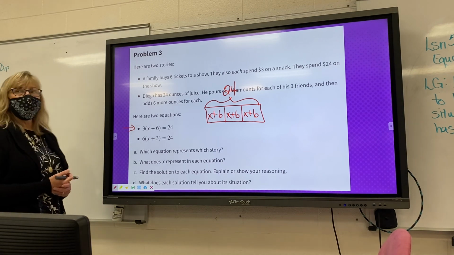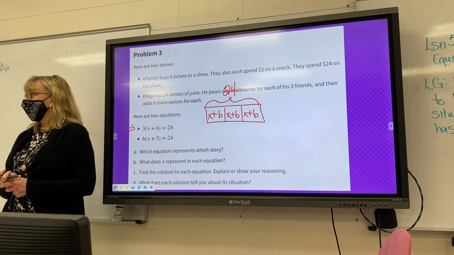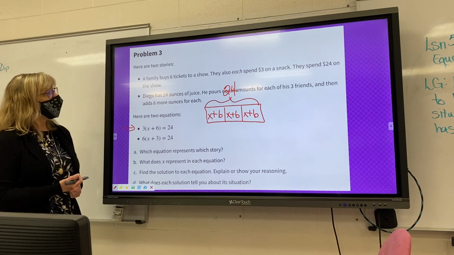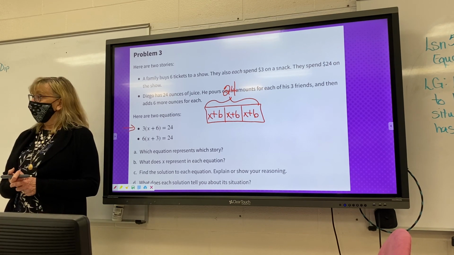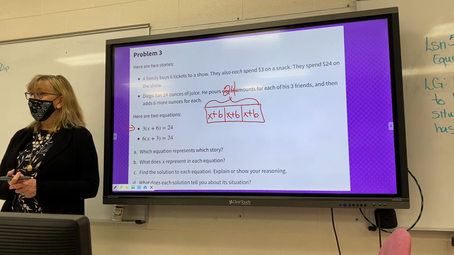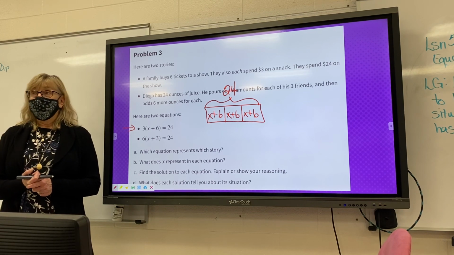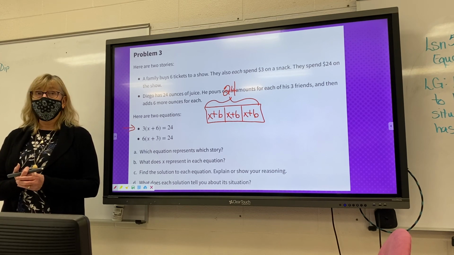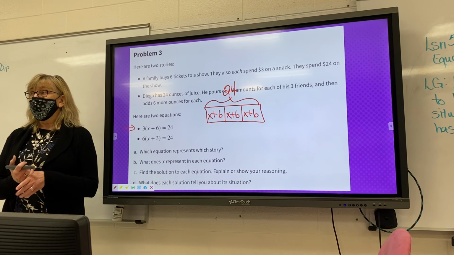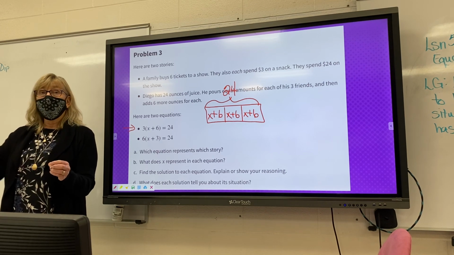What does X represent? Mark? He poured for himself. He didn't pour any for himself. The amount he poured for his friends? His friends, please. When? At the end or at the beginning? Doesn't he do 2 things? Okay, so I need to know, is it the amount he poured initially? Or is it the amount